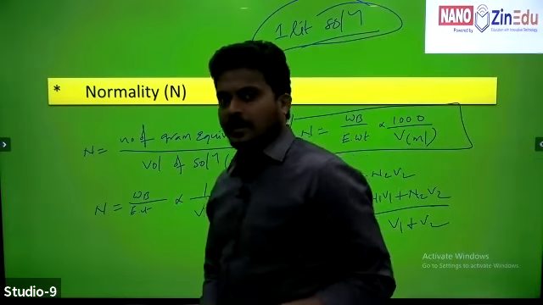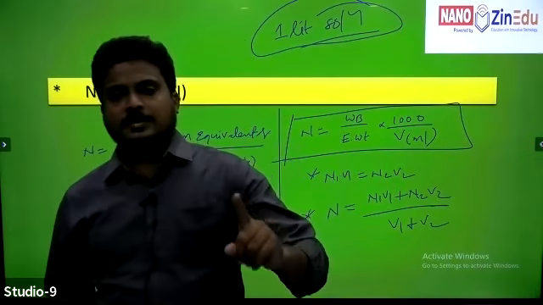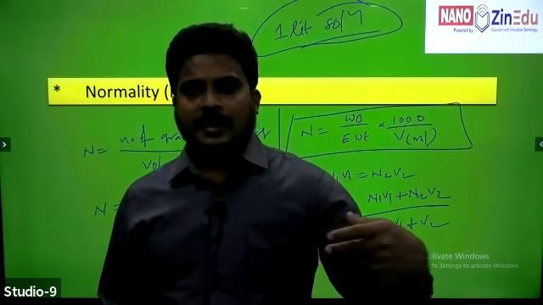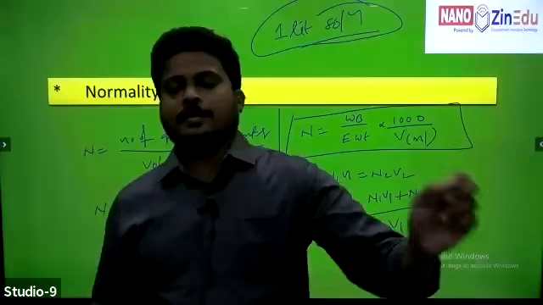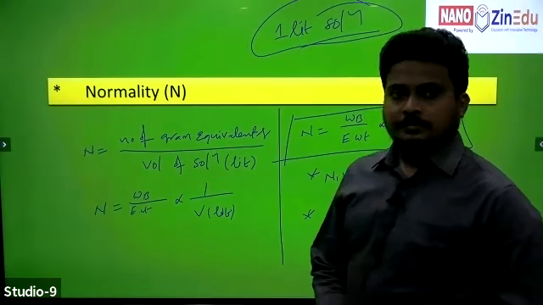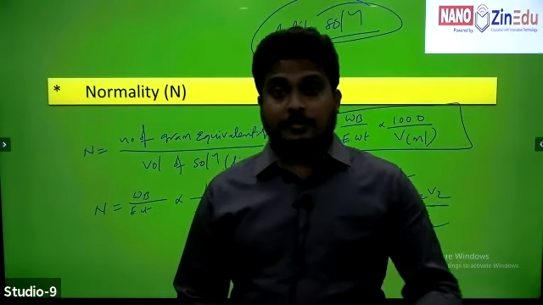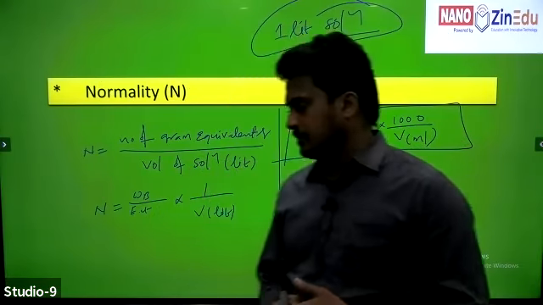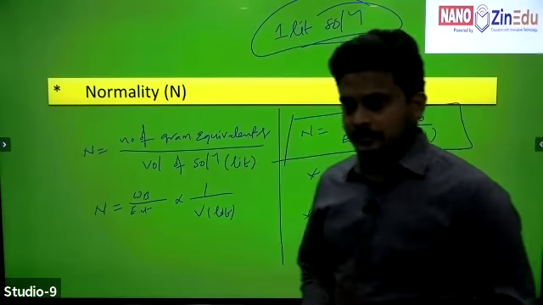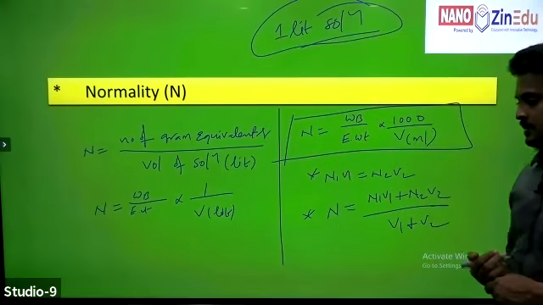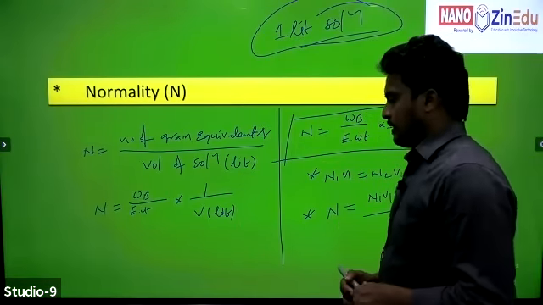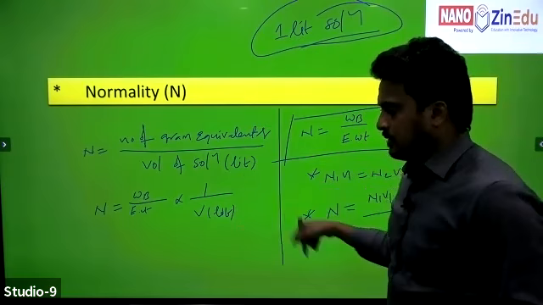From the solutions lesson, we have 2 questions. One question compulsorily comes from concentration methods, and the second comes from the remaining lesson: it may be ideal solutions or colligative properties, like relative lowering of vapor pressure, elevation in boiling point, depression in freezing point, and osmotic pressure. All of these are colligative properties. In the next session, we will discuss colligative properties, after completion of concentration methods.